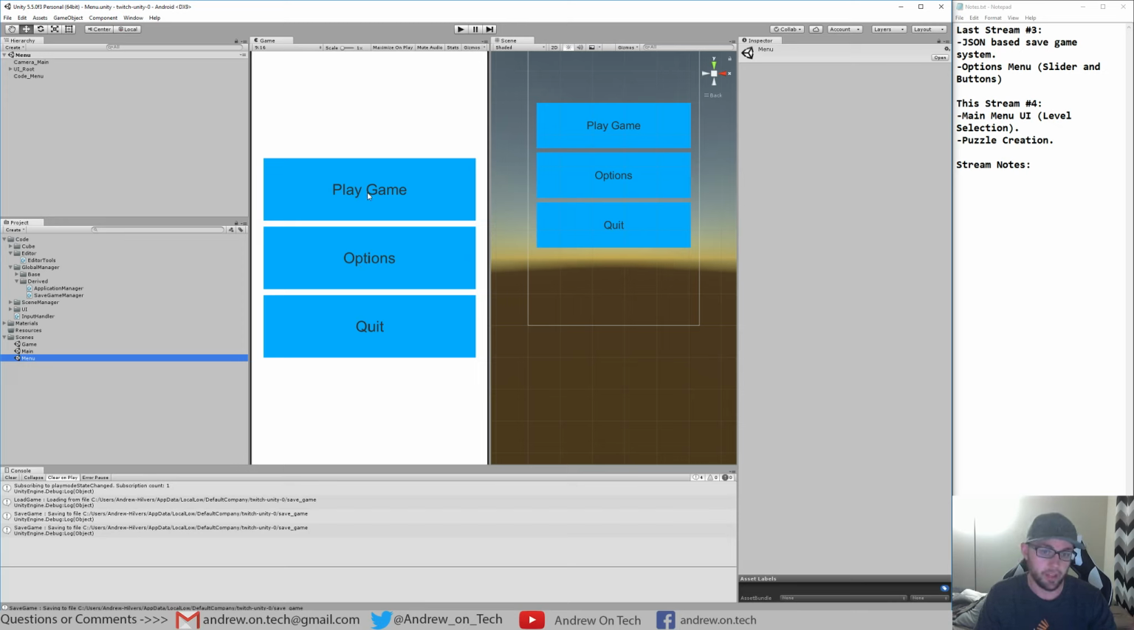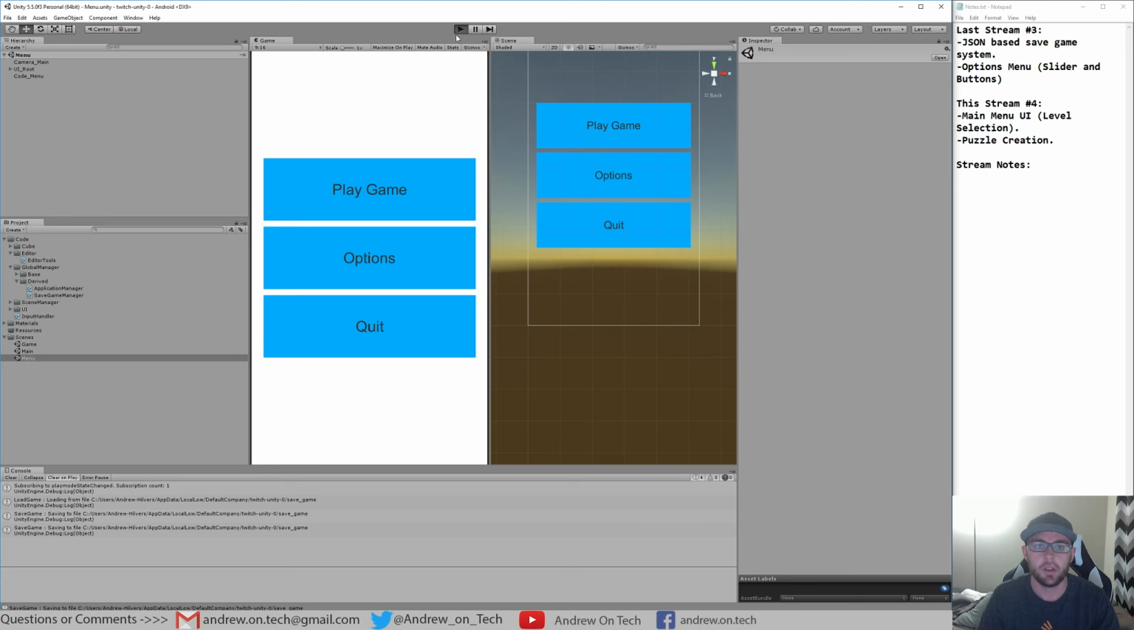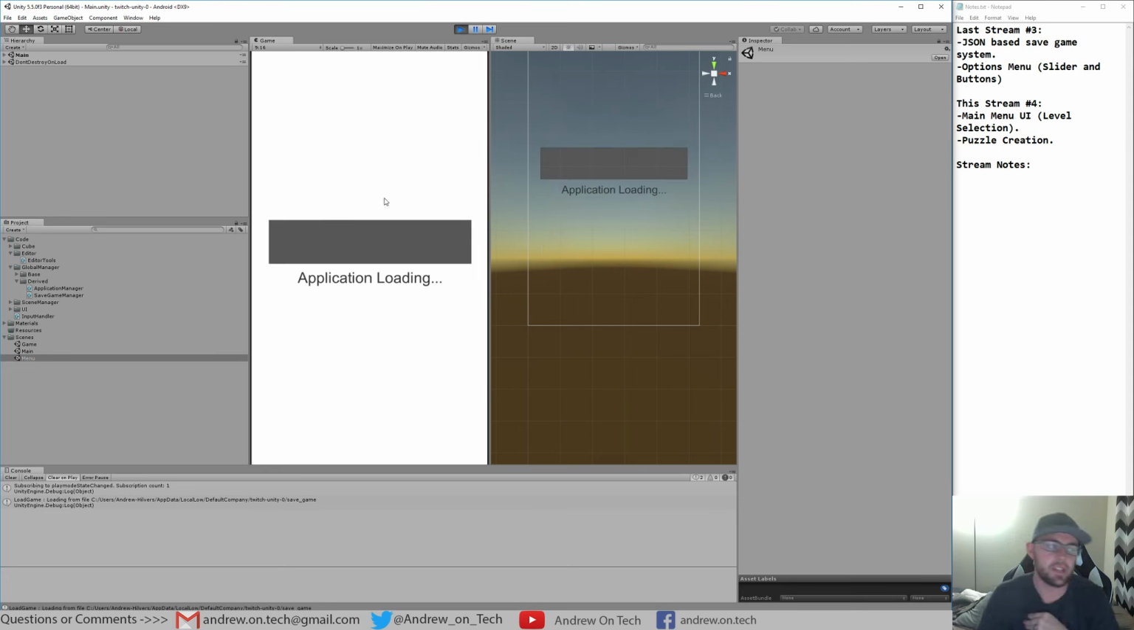And then we have the play game, which is going to be how you actually get into a game and select what puzzle you want to work on. So let's pick up where we left off then. So one of the things that we did previously